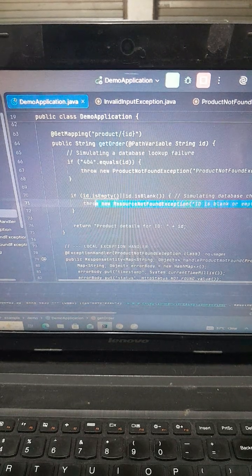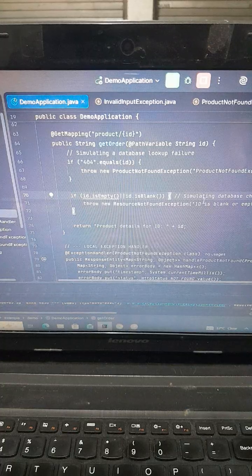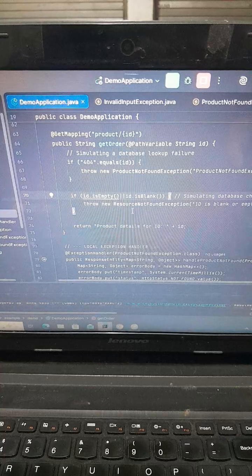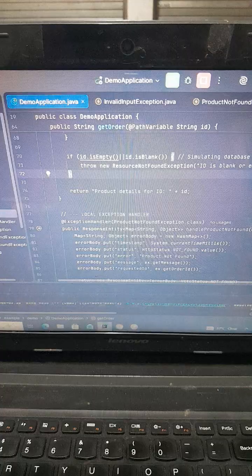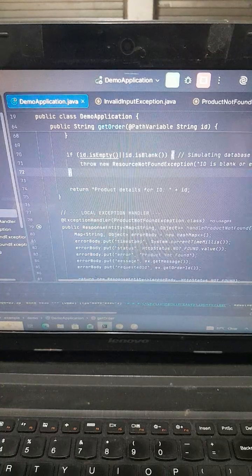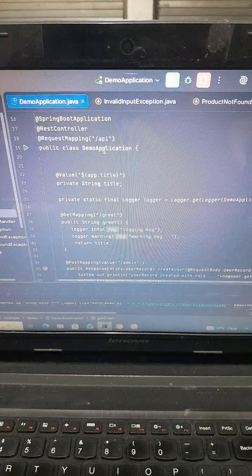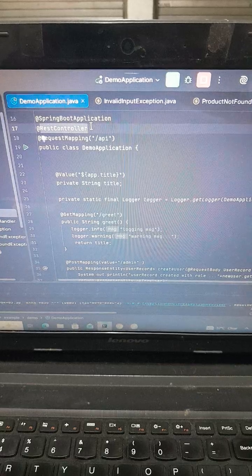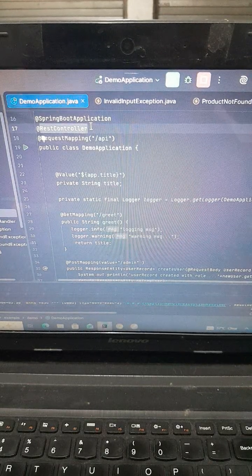Basically you can write any logic here, and you can check your business requirement, and based on that you can throw the exception if the business requirement is not matching. And this is the local exception within the controller. This is my REST controller class. So same thing, @Controller is just a controller, and @RestController means